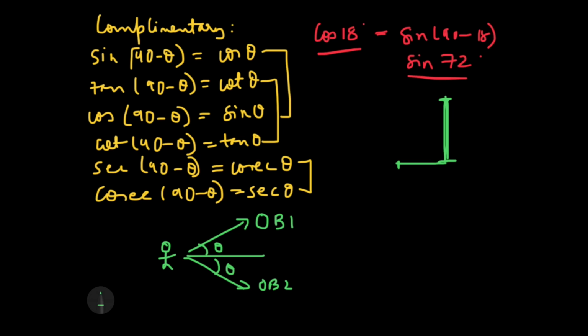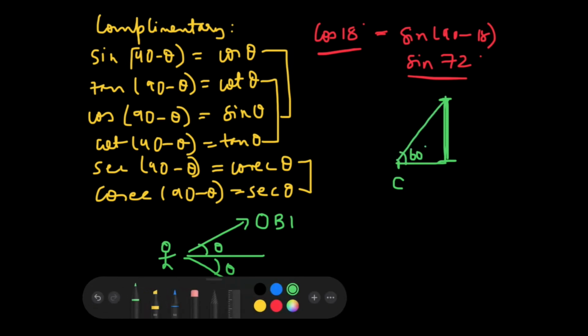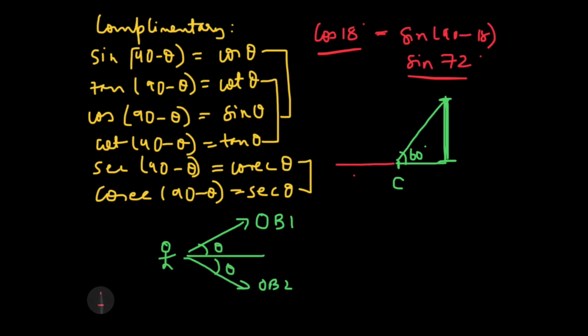You just need to have a look over it, that's all. So let's make a triangle first. At this particular point, let's say this is point C. From point C the angle of elevation is 60 degree. Now the question says that the man moves further by 20 meters, so let's say this is 20 meters and the man reaches point D now. From point D the angle of elevation will be 30 degree.